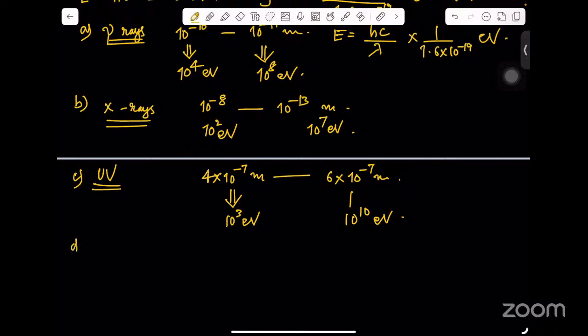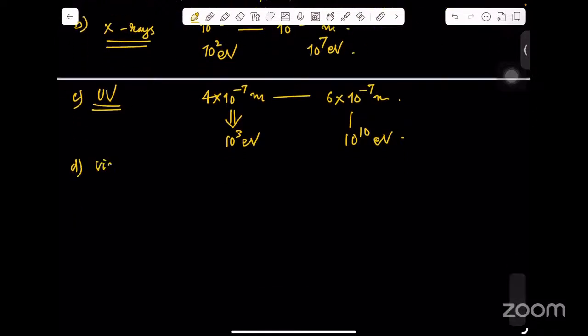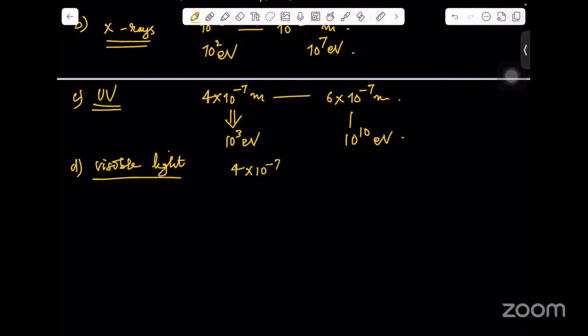Then your option D is for your visible wavelength or your visible light, and visible light wavelength ranges from 4 into 10 raised power minus 7 to 7 into 10 raised power minus 7 meters. Okay, and this energy is 10 raised power 10 electron volts, and this is 100 electron volts. Okay,